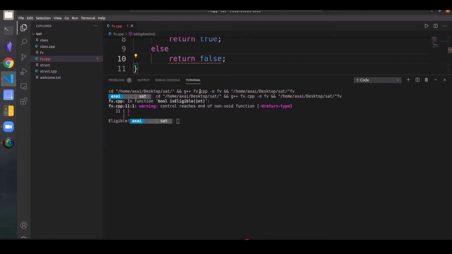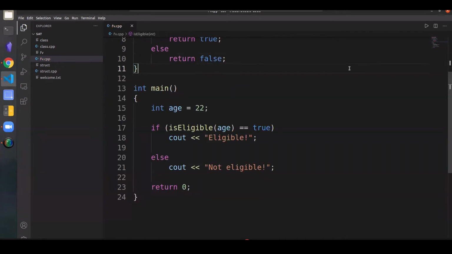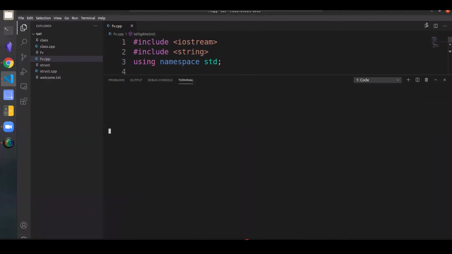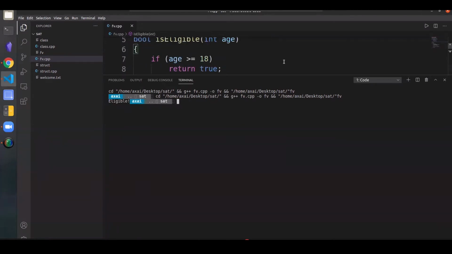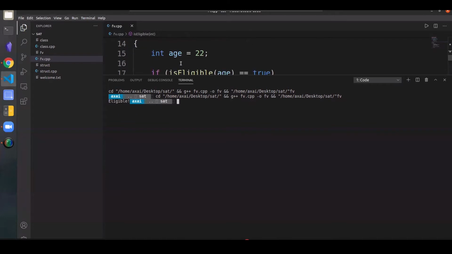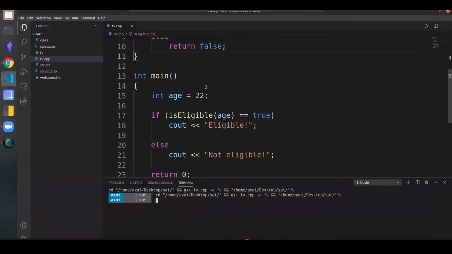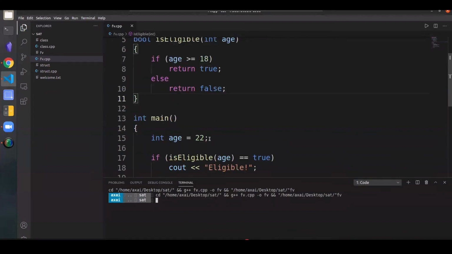Yes. So yeah, it says that I'm eligible because the age is 22, and 22 is greater than or equal to 18.